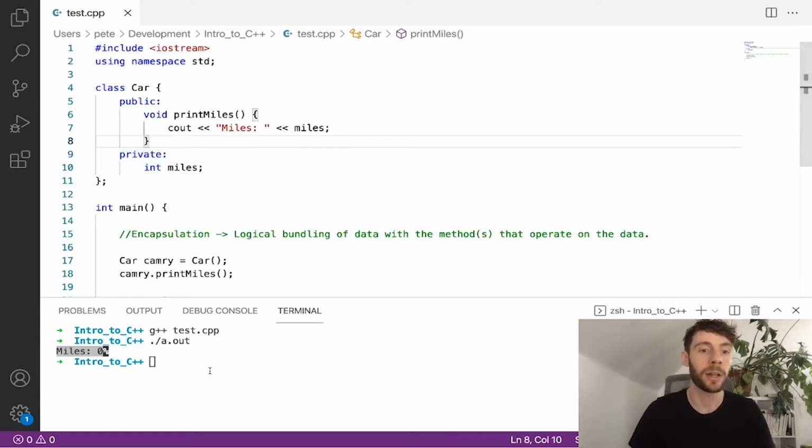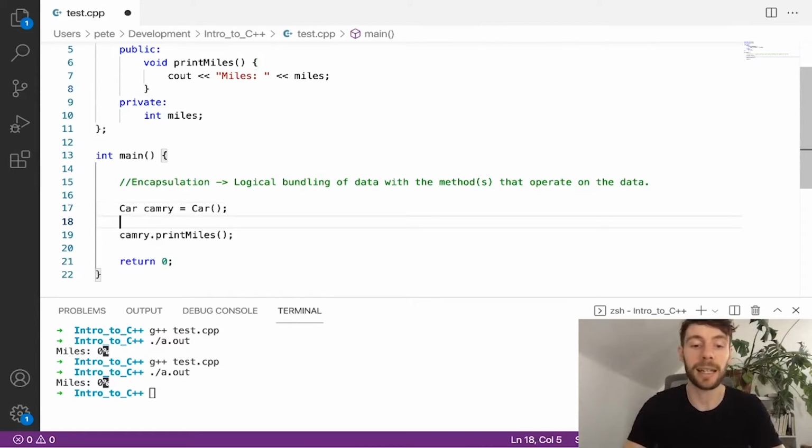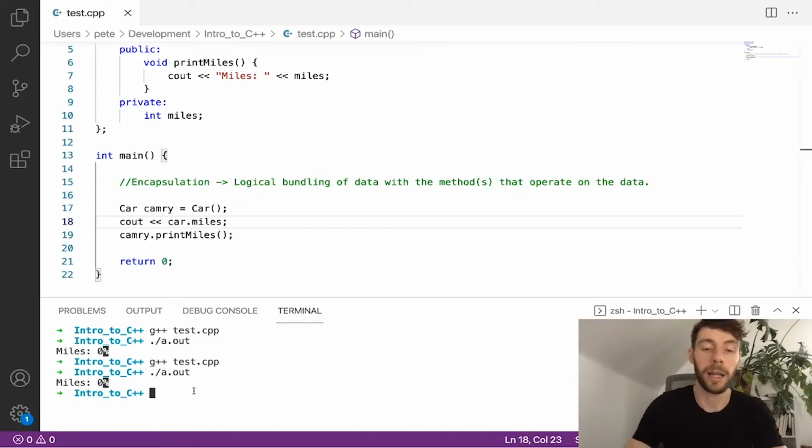So now, if we compile this in our G++ compiler, you're going to see that everything sort of works as it did before. But what we can't do now, though, is we cannot, using our car instance, access miles. So if I try to do miles here, that's not going to work, right? So we can do a cout, we'll say car miles, and if I compile this now, using our G++ compiler,